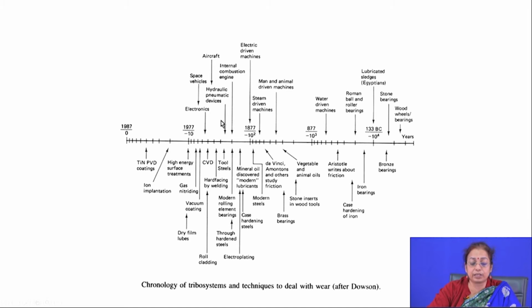So, hydraulic and pneumatic devices and internal combustion engines were developed and manufactured using tool steel. And hard facing and weld overlaying were another very important technique which started operating since 1977 or so, even 1900. Since 1900 they started applying CVD and also hard facing, weld overlaying, cold cladding, roll cladding. So, these are very old techniques, but steel came long after the actual application of the lubricants.